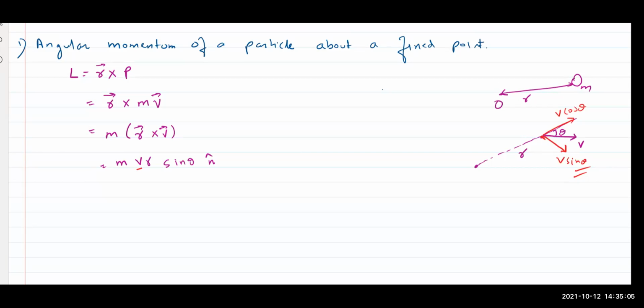Did everyone understand? Okay, very good. Now this is for a particle about a fixed point. Now if we talk about second,